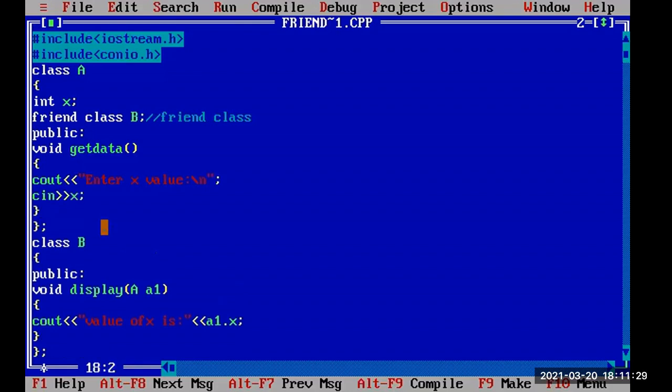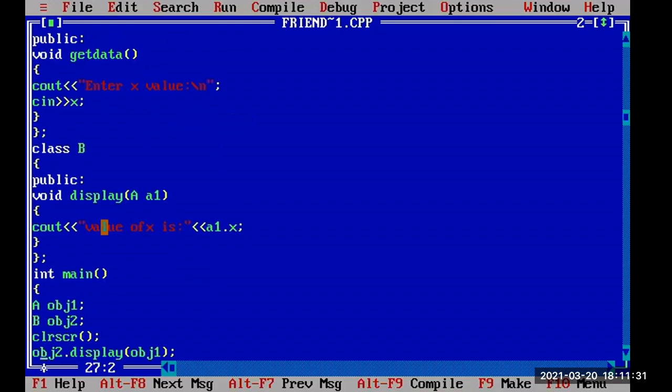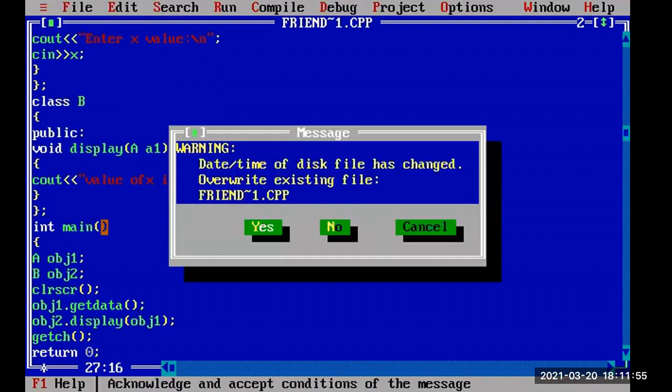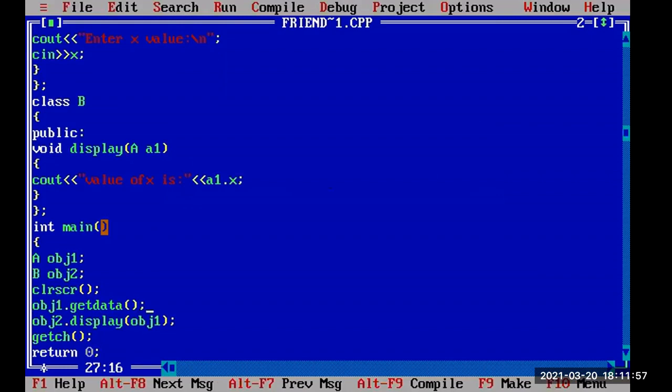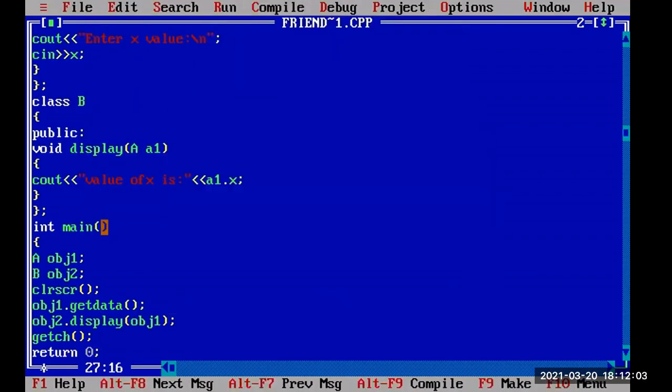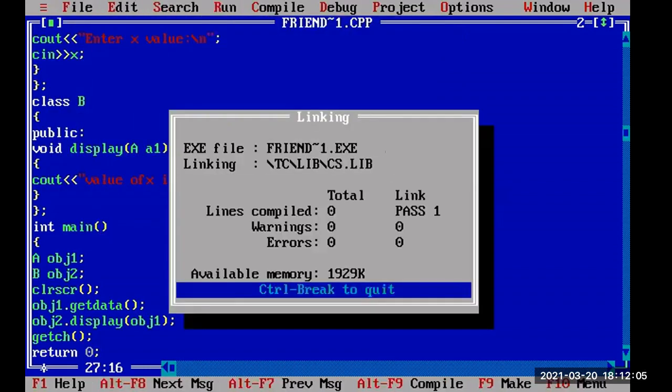So now I have to create the object for this B. After creation, I created the object, so I can call this using the object. So I have to call obj1 dot getdata, the method call. So now I will save this program. After saving, I will try to compile this program. So now there are no errors. After this, I will run this program.